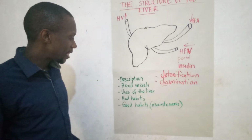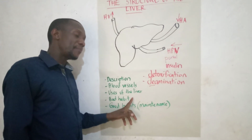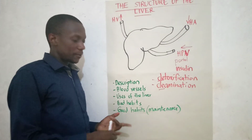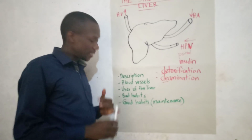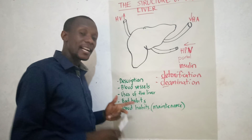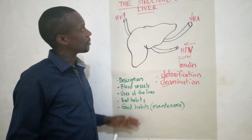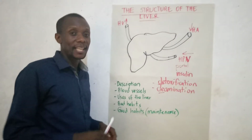Then, which ones are the good health habits? We can reverse these bad health habits and get their opposites as good health habits. Take a balanced diet, and then do regular body exercises. Don't take unprescribed drugs, and don't take alcohol. Briefly, that is what we need to know about the liver, especially as